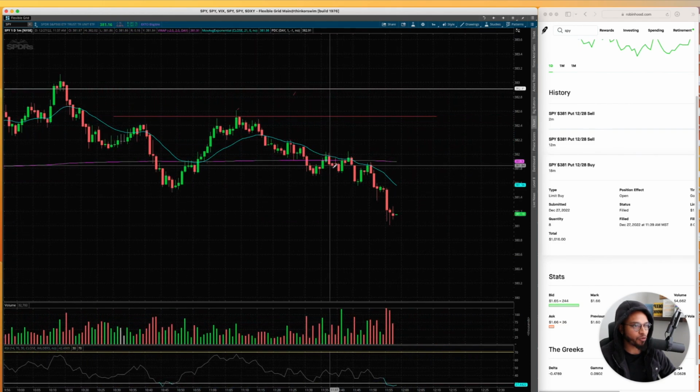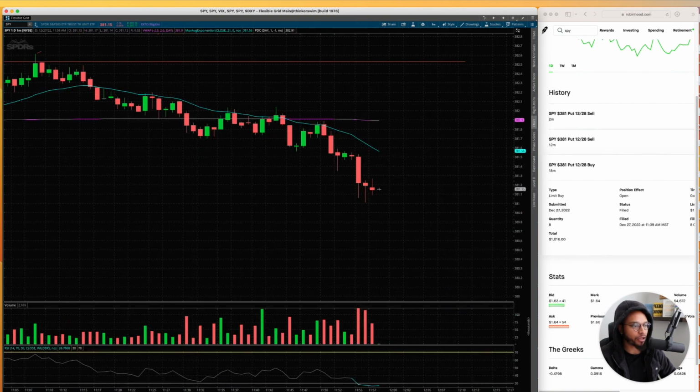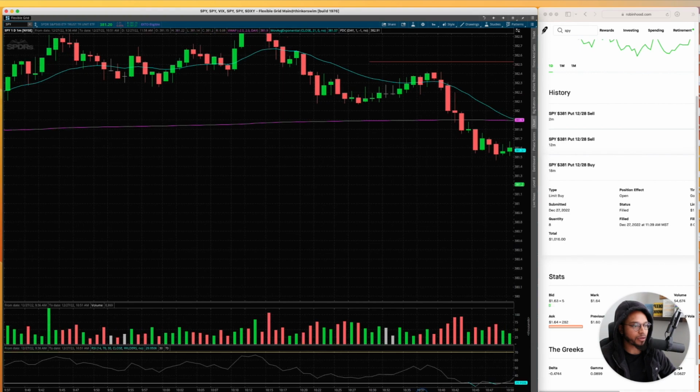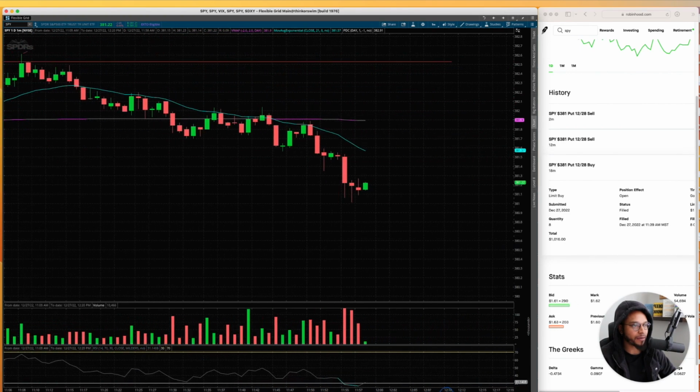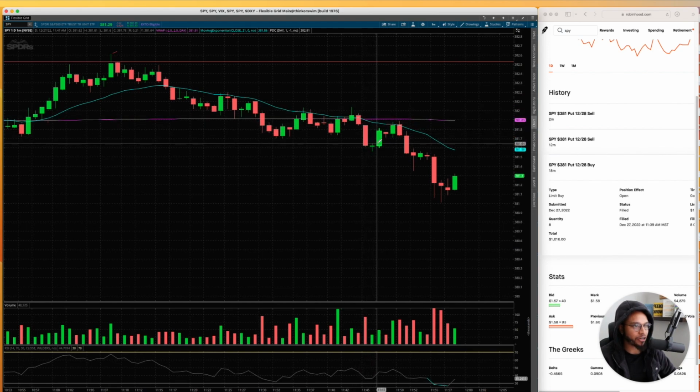We get below VWAP, it consolidates, and we decided to take this trade below VWAP for a VWAP fade on this next push up. Remember, we got rejected once, we got rejected twice, and I waited. It made a new low. It came back up, and once it couldn't get above VWAP,